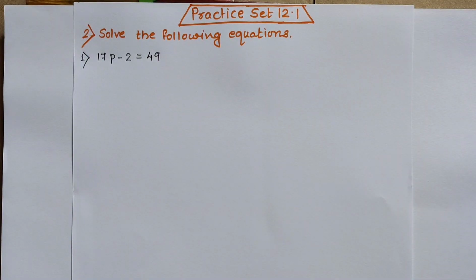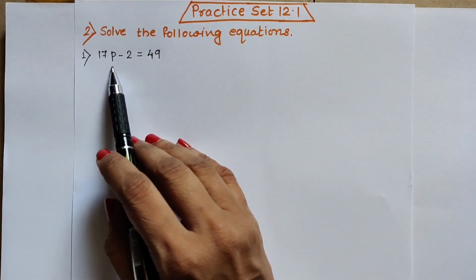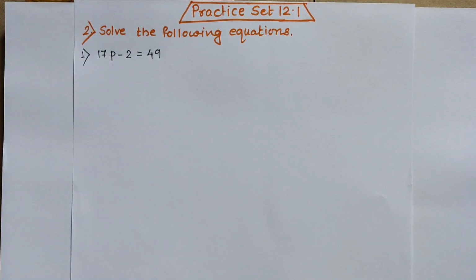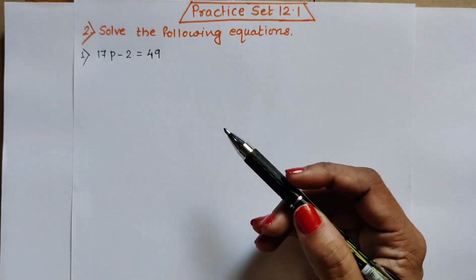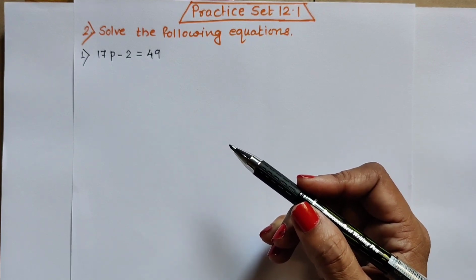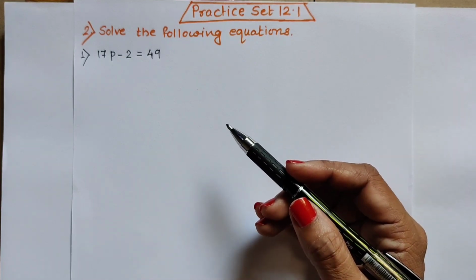In the first question we have seen that there are two sides in the equation, left hand side and right hand side. And here also we have seen that solving the equation means getting the value of the variable in that equation. As in this equation the variable is p, in the end we should get the value of p after solving the equation. And while solving an equation, we have seen that sometimes we have to perform many operations on it. So let us see how many operations we have to perform here in this equation.